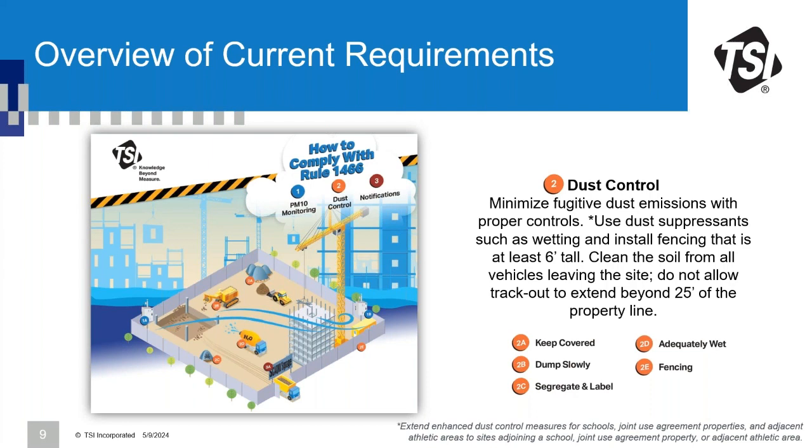Covering the site, as you can see here in 2A, keeping the dust covered. And I know that fence line, if you have an area of soil that is piled up, the fence line has to be higher than that. So it's at least 6 feet tall, but if your pile of soil is taller than that, then your fence line would have to be taller as well. So as you can see here, there are some additional measures taken when close to places like schools or athletic sites